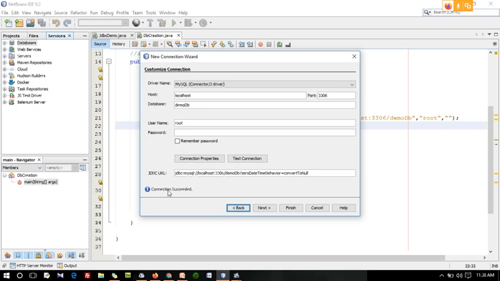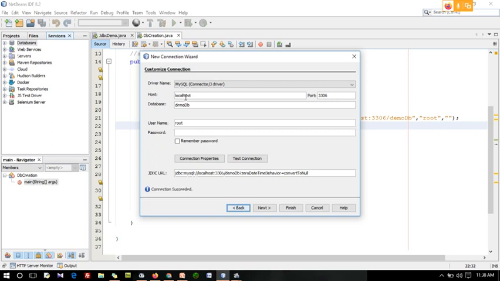See, the connection is successful. You should get this, dear students: connection is successful. If you have any errors, it will display an error like this. See, connection established, cannot establish a connection to JDBC localhost because there are some errors, because my database name is wrong. So I just gave Demo DB, and test connection. The connection is successful now.